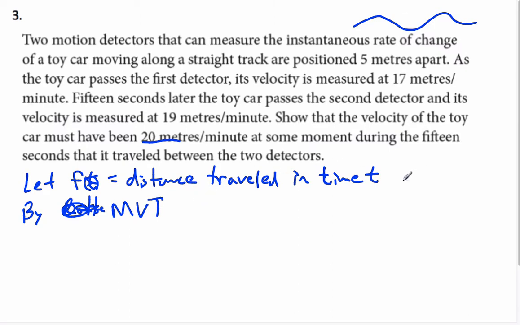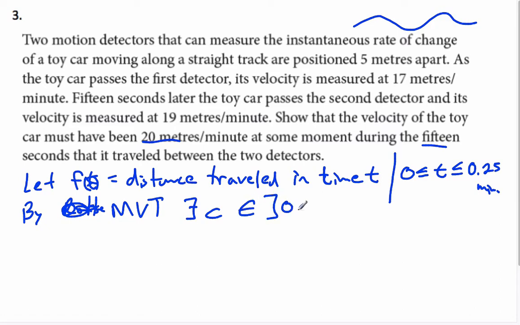first of all, let's set up a domain here. It says the whole thing lasts 15 seconds. So your time goes from 0 to 0.25 minutes. So by MVT, there exists a time c in the open interval 0 to 0.25